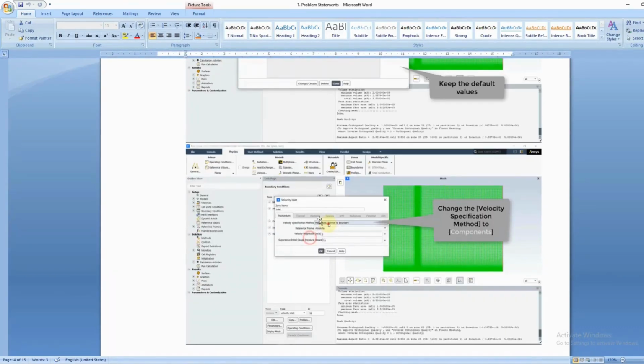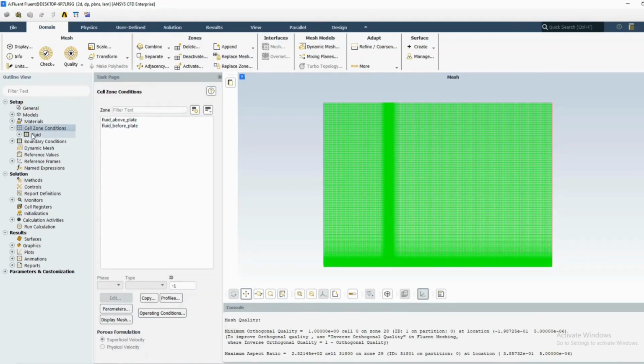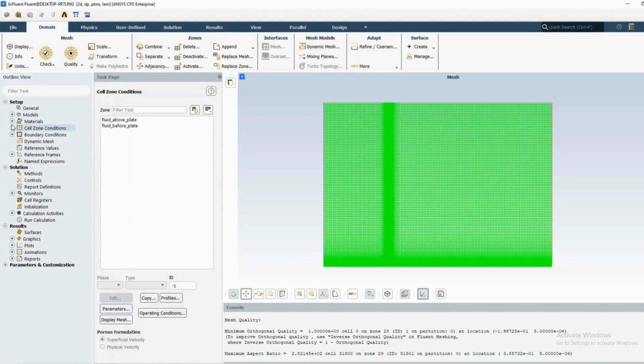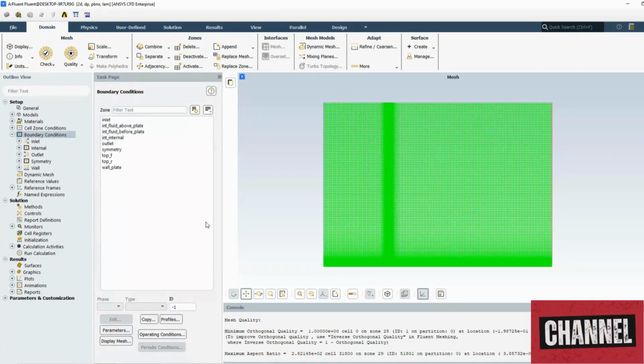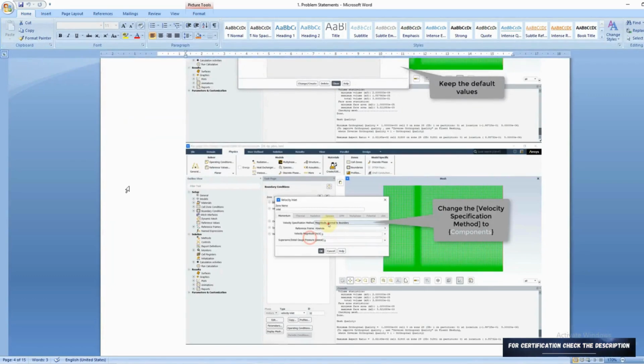Now we have to set the boundary conditions. So here under cell zone conditions, fluid. Here fluid is already used. Fine, no issues. Now we are going to apply boundary conditions. So under boundary conditions, if you see,